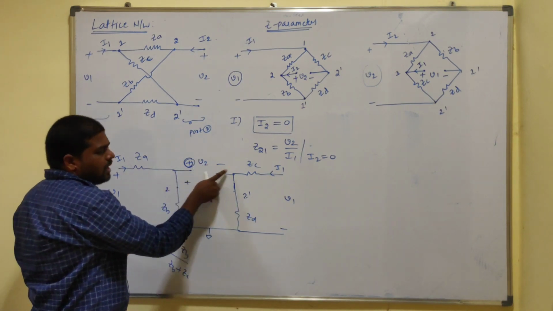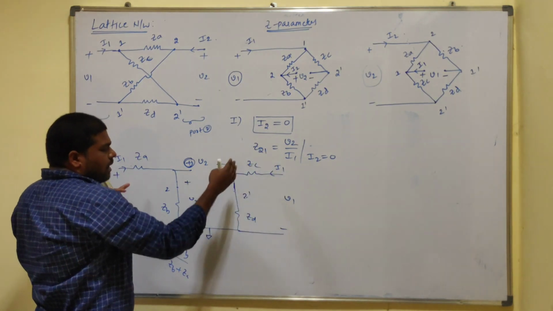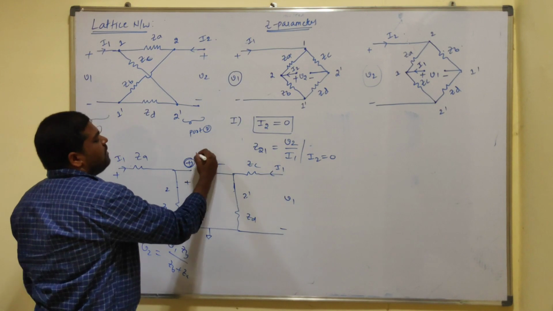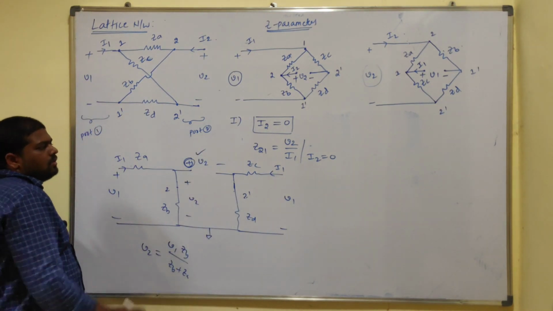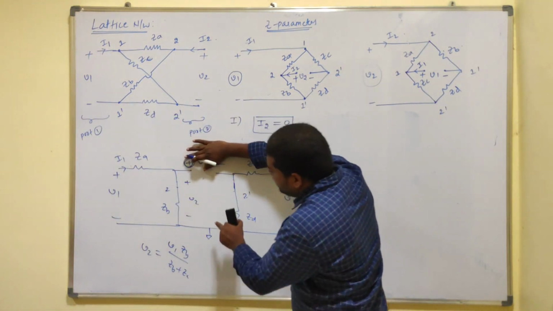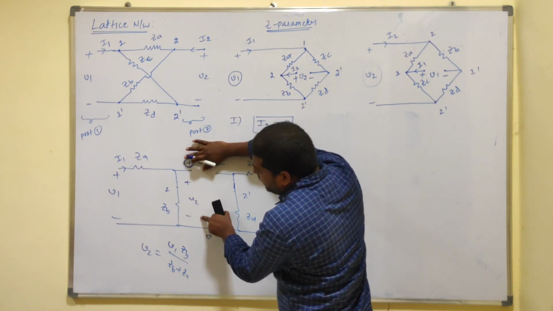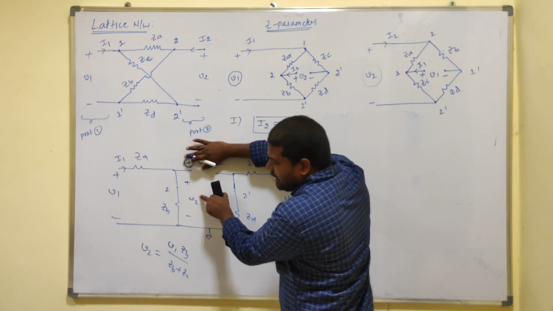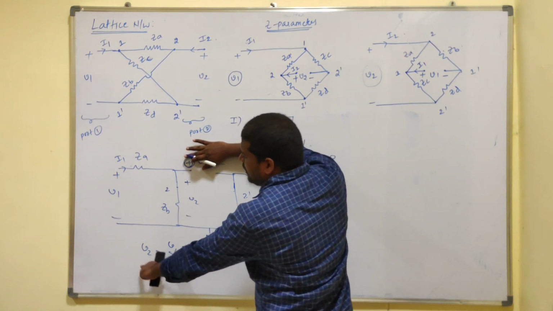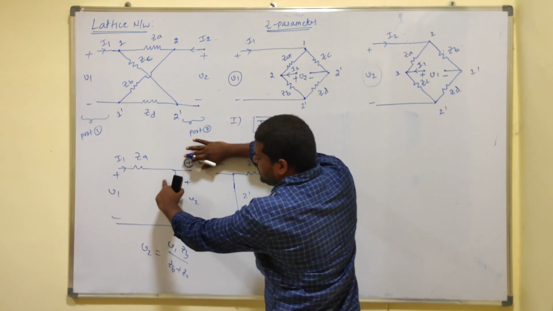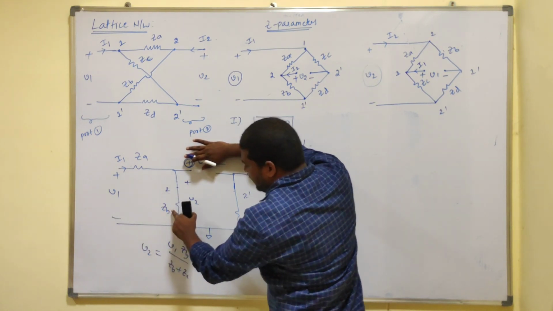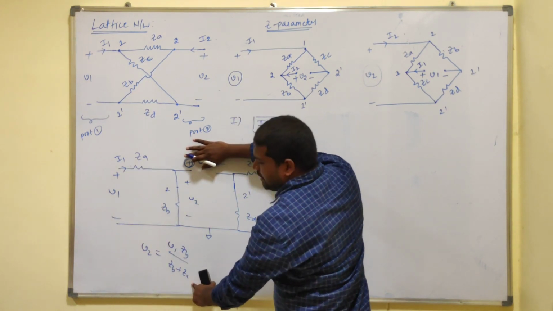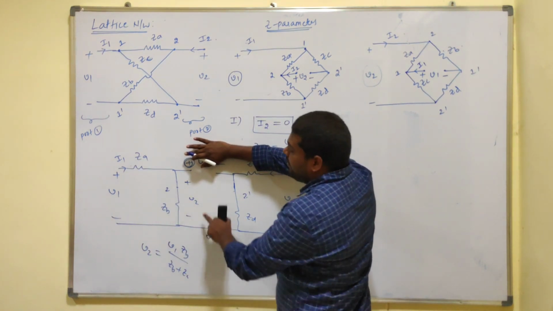And negative terminal is applicable for this entire network, right? So combination of voltage drops for this network and this network will give the V2 value. For example, if the voltage drop is like this, by using voltage division principle, we can calculate this V2. The formula is: V2 equals the voltage drop V1 across this particular resistance, into ZB by total impedance ZA plus ZB. This is the actual method to evaluate this V2.